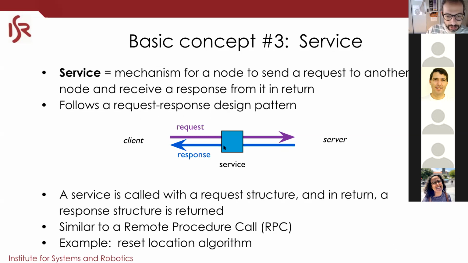A service is something abstract, just like a topic, that is managed by the ROS core. You need one server. You cannot have multiple servers for one service. You can only have one server, which is a node that serves that service. Then we have clients, and you can have multiple clients. The client sends a request to the server, which does something and then answers back to the client with the response. It's just like calling a function.